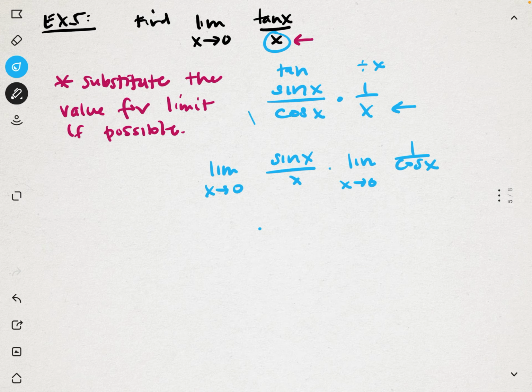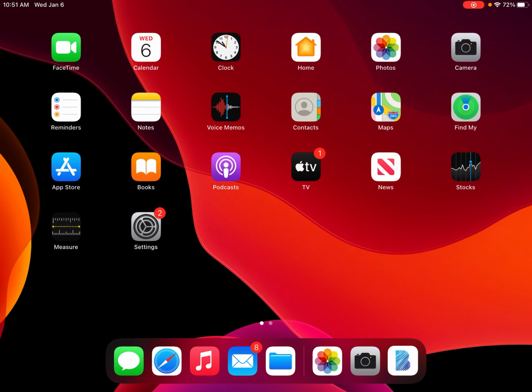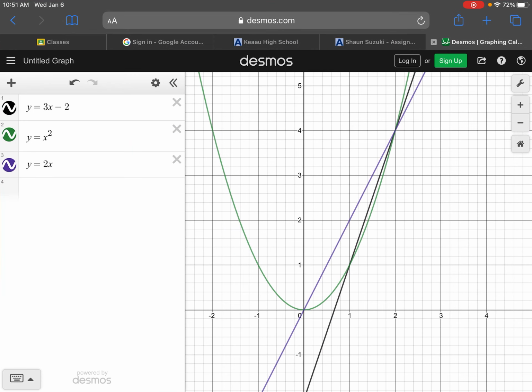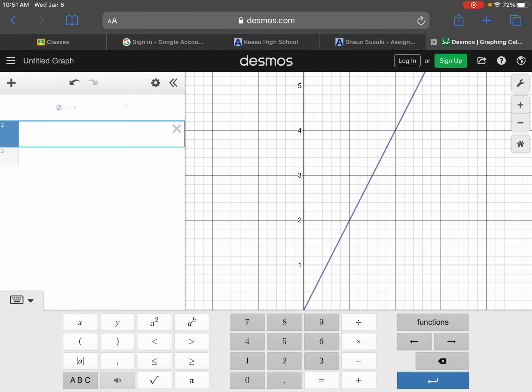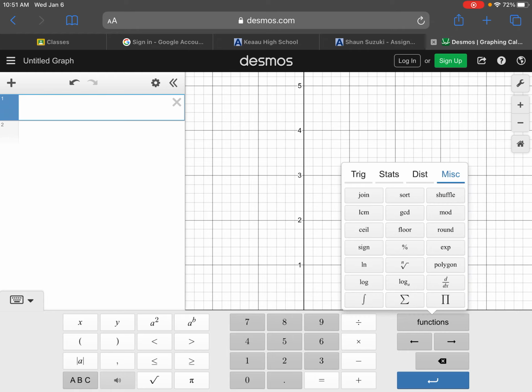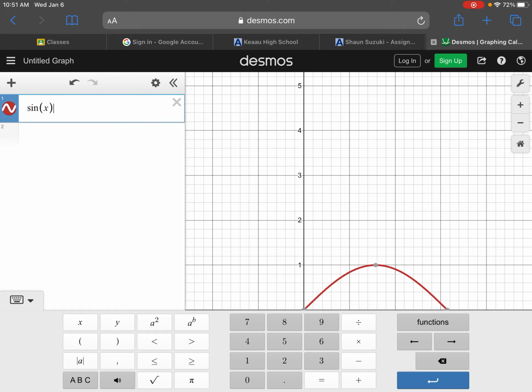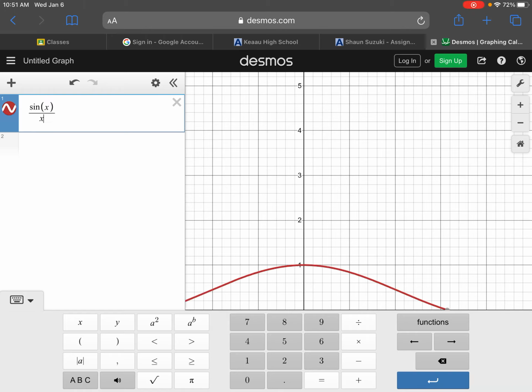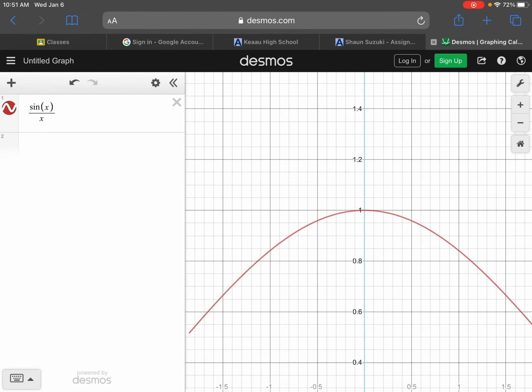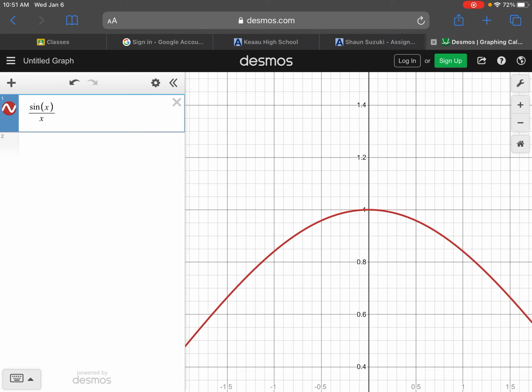All right, so let's talk about sine x over x. In fact, let's look at a graph of it. Let's go to Desmos. We're going to prove this later on using the squeeze theorem, but we're just going to look at what sine x over x is. So let's go to trig, sine x, oops, that's not divided by x. Okay, so that might not have an actual value there. In fact, if I touch there, oops,